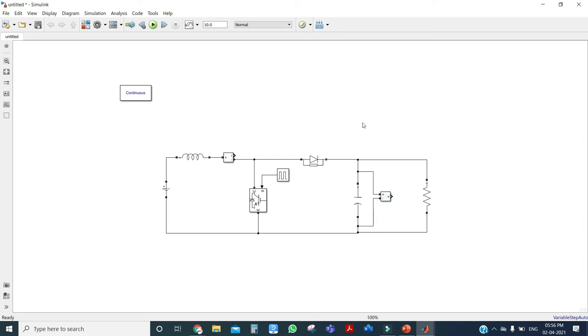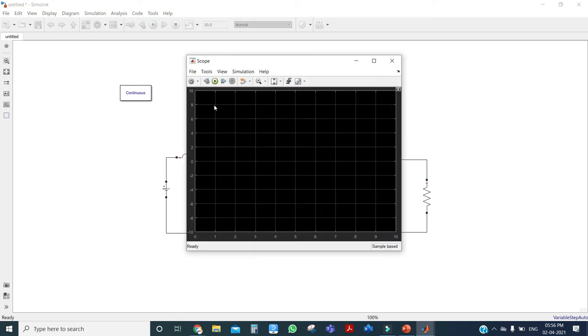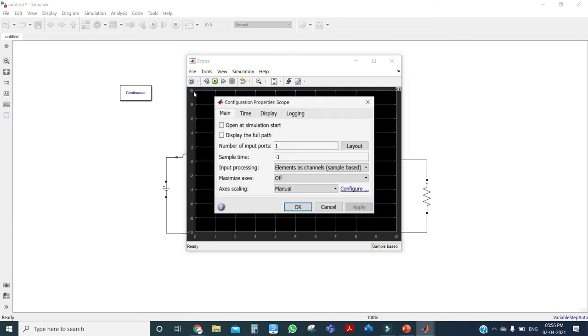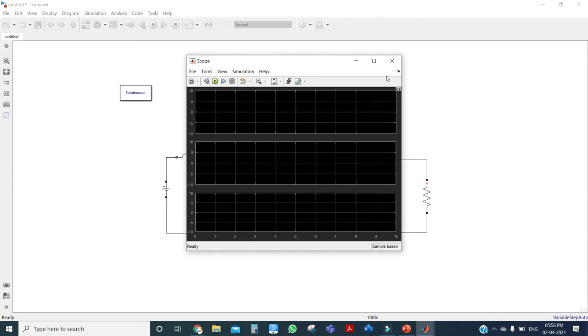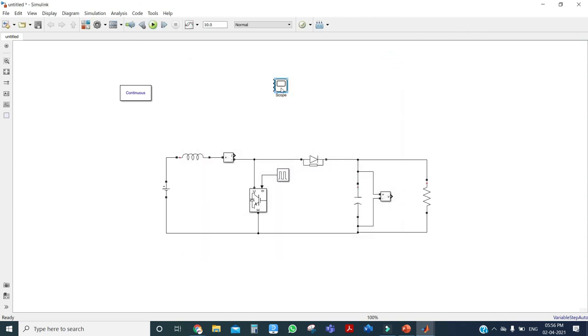Now if you want to see the results, you need to connect a scope. Just type and get the scope. I want to measure three signals: inductor current, pulse and voltage. How many displays you want, you can enter the value. I want 3 displays, so I'm entering the value 3.